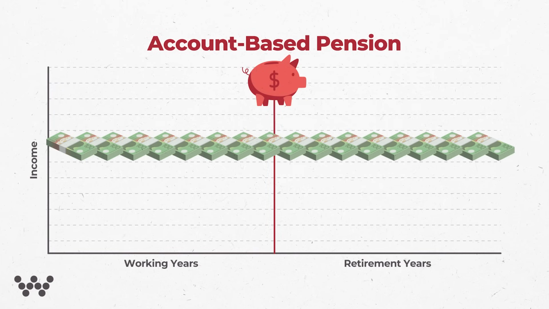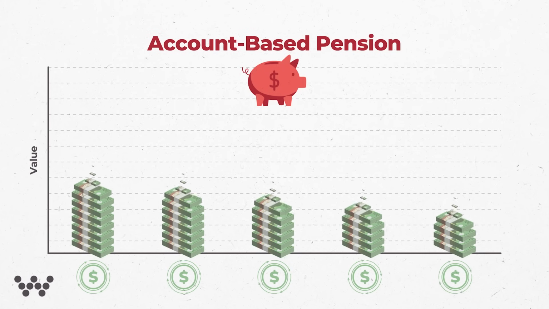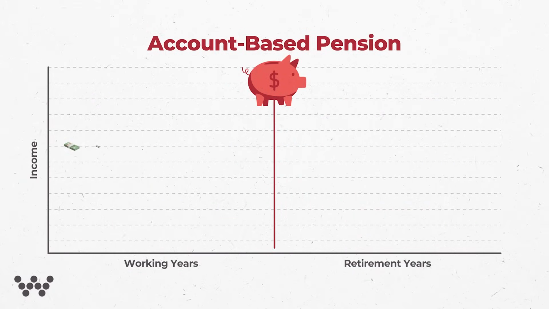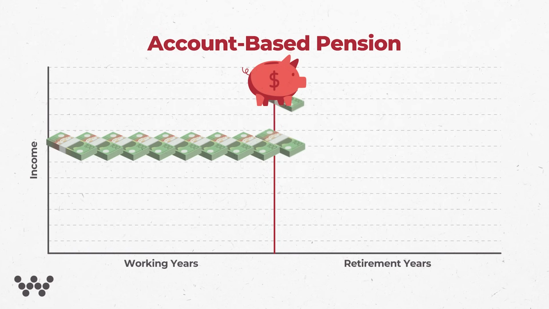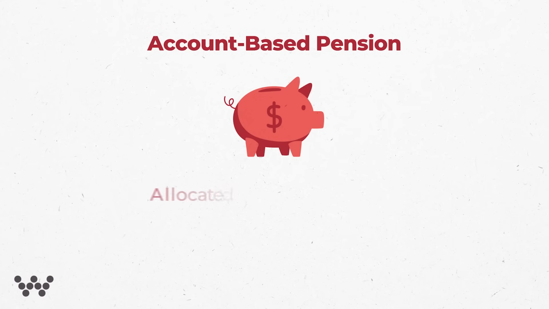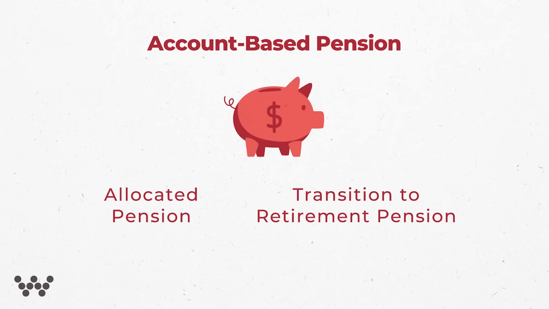your salary. The difference between an account-based pension and an age pension is that the account-based pension requires you to take market risk. That is, the income that you receive from the pension is going to be determined by the value of your assets and the performance of your assets. But ultimately, what you're doing is converting all that savings into an income source that replaces your salary and getting some benefits out of that. Historically, these pensions have been known as a few different things. One of those is an allocated pension, another is a transition to retirement pension.